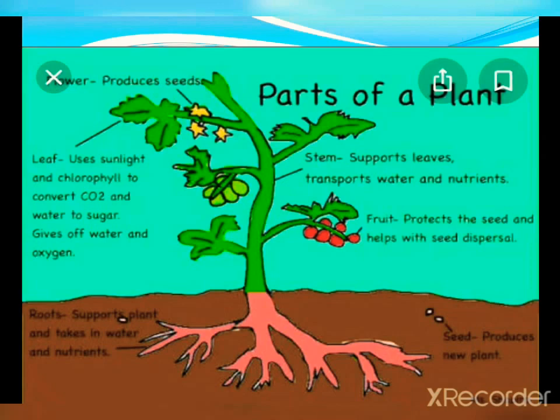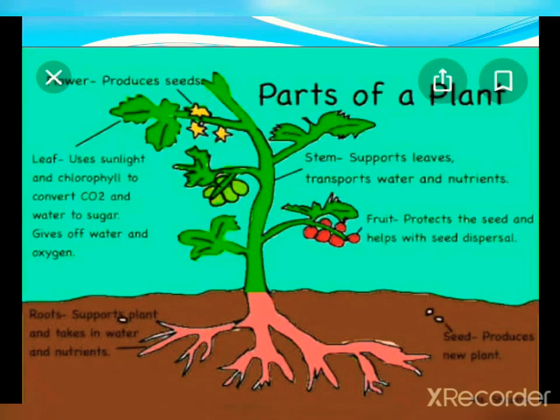Let us learn about different parts of the plants and their functions. Like the human body has different parts and different organs of the body perform different functions. Eyes are used for watching, ears are used for hearing, heart is pumping the blood, lungs are used for breathing. In the same way, plants have different parts. What are these? Leaves, flowers, fruits, buds, branches, stems, and root. And different parts perform different functions.